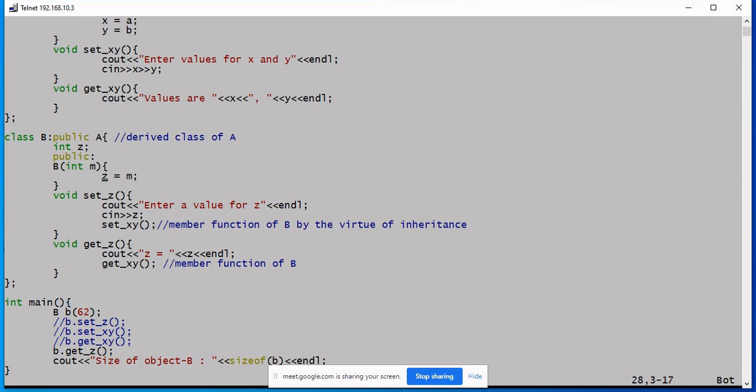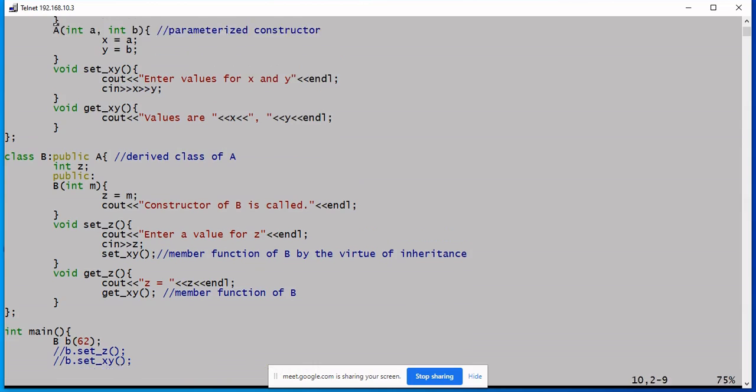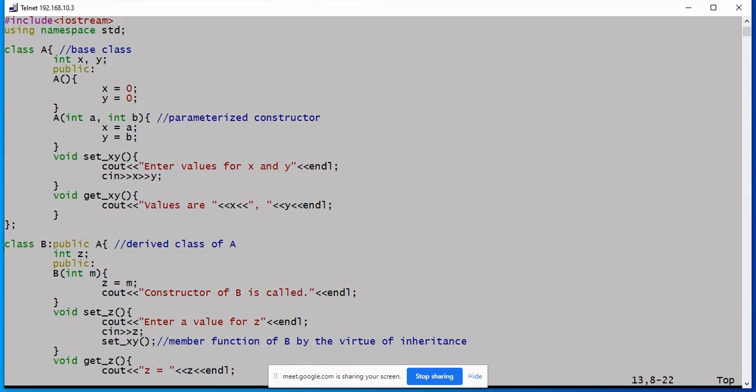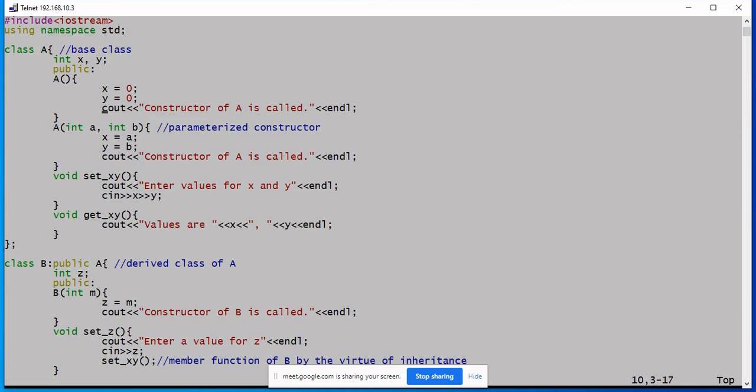So let's add one line here: Constructor of B is called. So now we will get to know in which order the constructors are called.